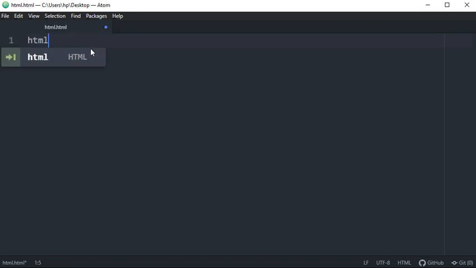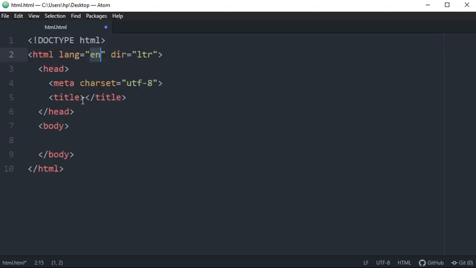Whenever I write HTML in this code editor, we have already saved this document with the .html extension. So the code editor already knows that this is an HTML type document, and whenever we type html here and press enter, it will give you the whole template by default.